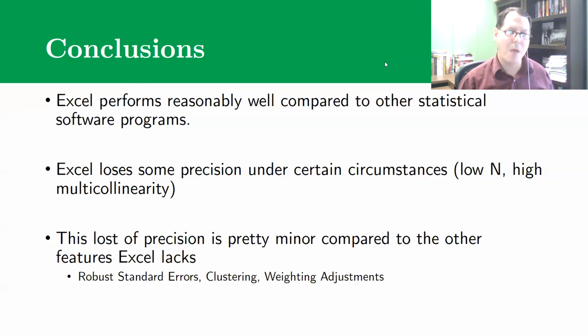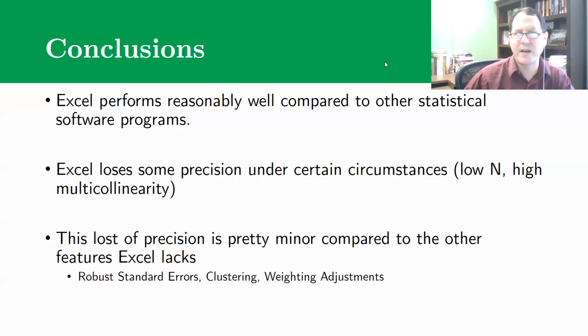Now, is that a problem? I would suggest, and I would put forward that I don't think it really is. The reason for that is that when we're thinking about that level of precision, we're thinking about maybe p-values and standard errors and trying to figure out if something is statistically significant. Otherwise, at that level, we're not really seeing substantive differences. But when you think about your p-values and your standard errors, there are a lot of other things that are going to be relevant that go above and beyond how precise your estimator is at 7, 8, 9, 10 decimal points, specifically dealing with issues of